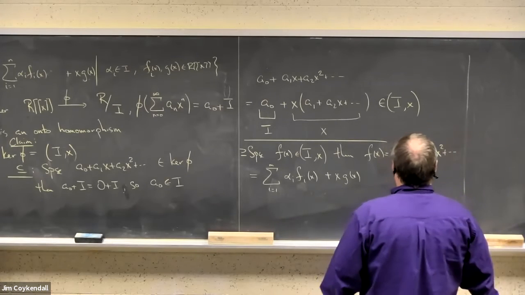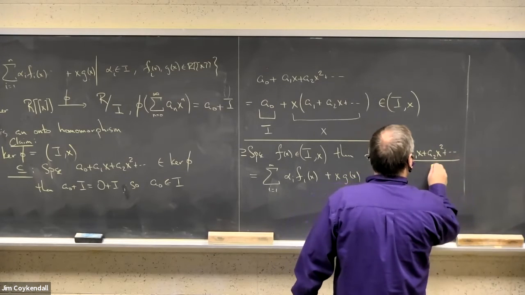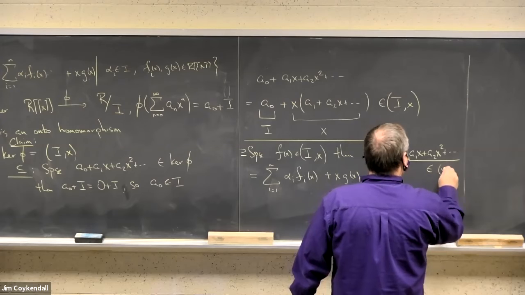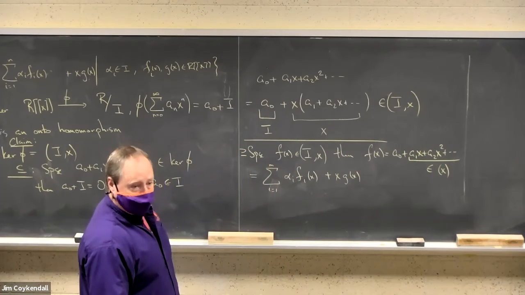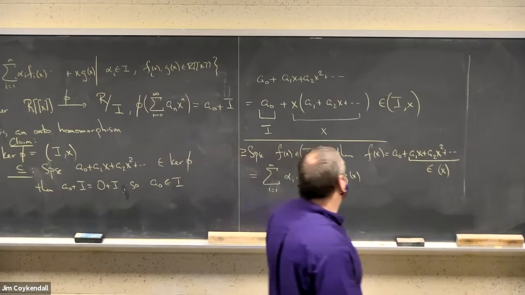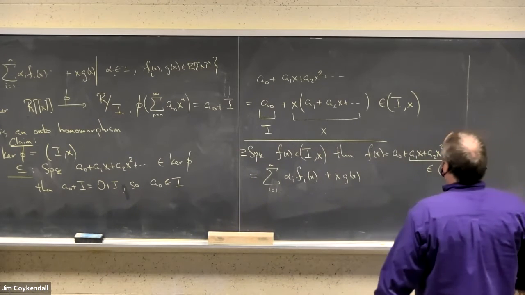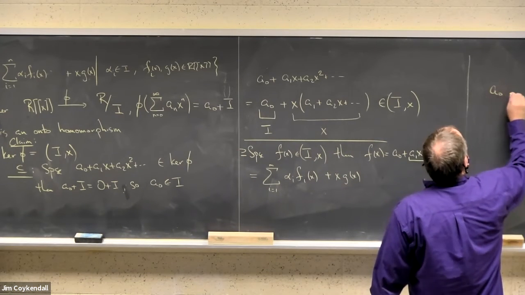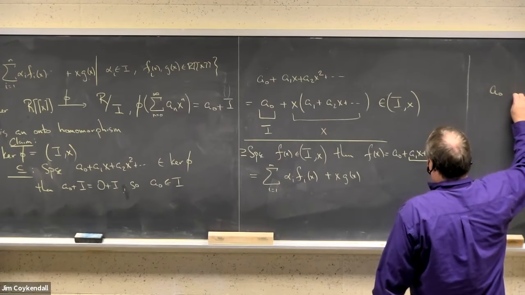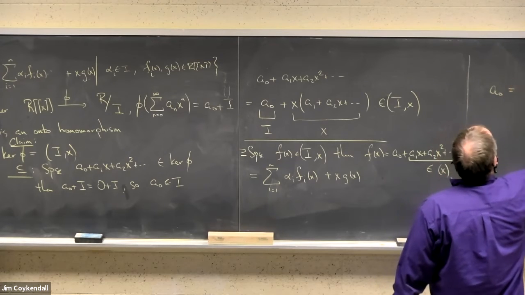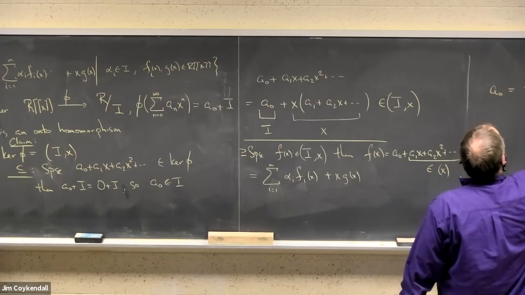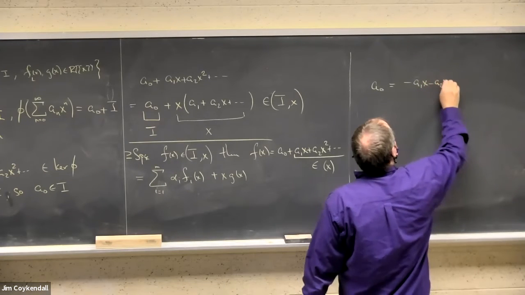But notice that this part right here is in the ideal generated by x. Right, and since this is an ideal, this means that a0 equals minus a1x minus a2x squared